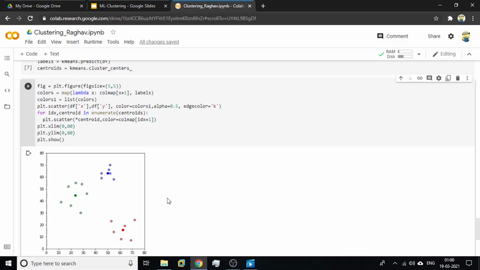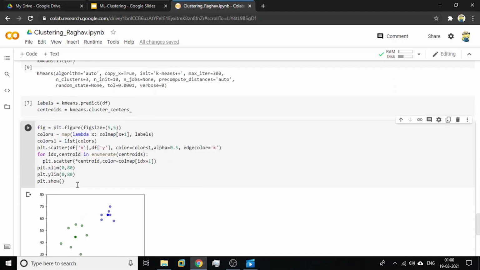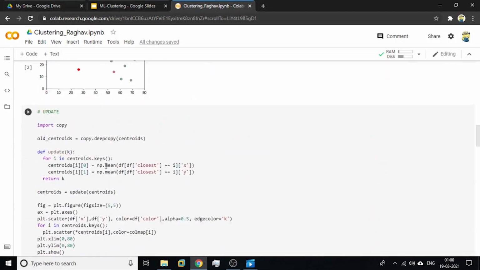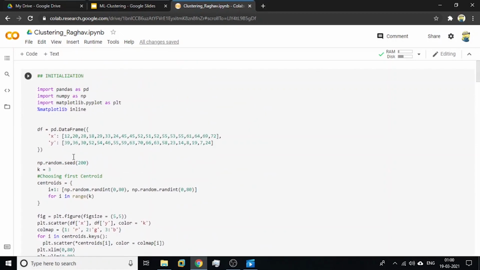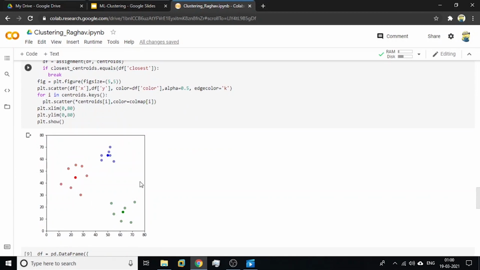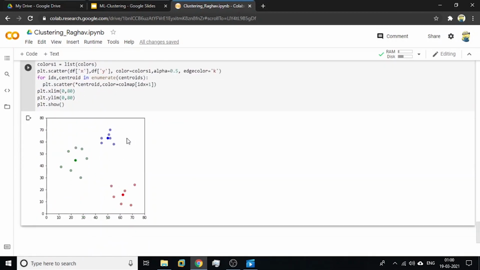So these are the two different types of implementation of the k-means clustering algorithm. The first uses modules like NumPy, Pandas, and Matplotlib, and this is the output we got: red cluster, blue cluster, and green cluster. The same thing is identified by scikit-learn, except that the colors have been swapped. We can see the centroids are the same and all the data points have been labeled properly.